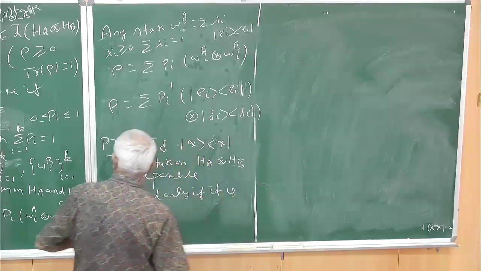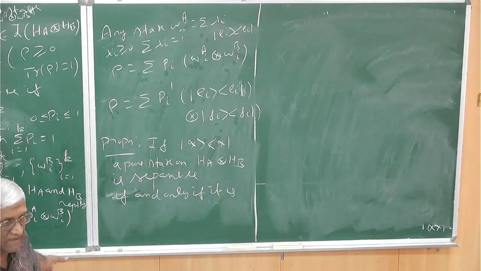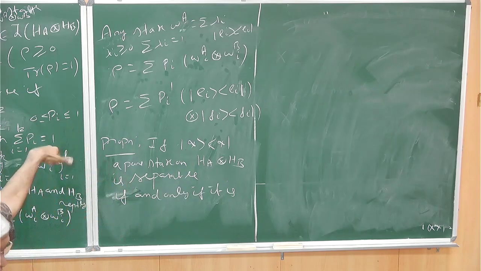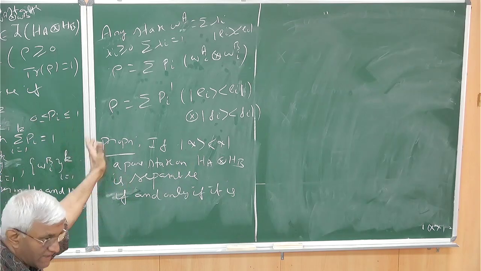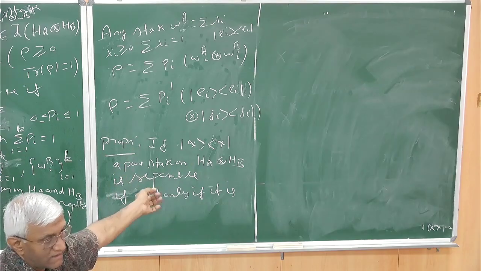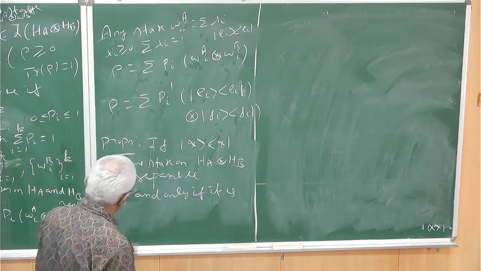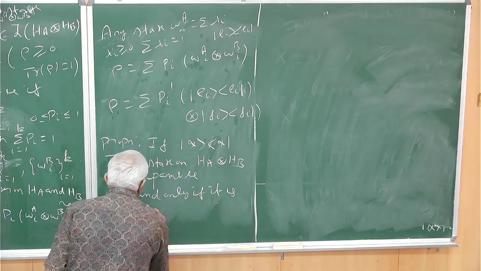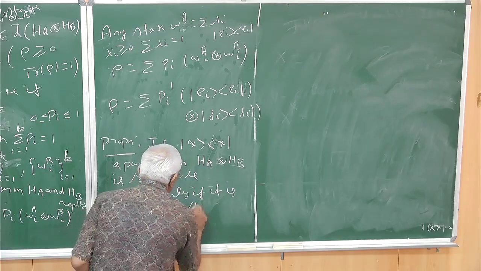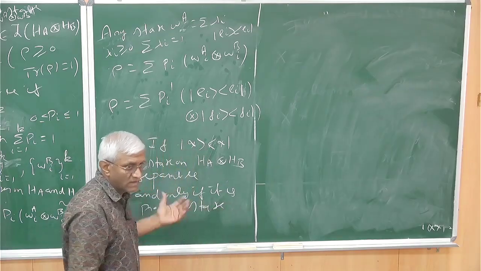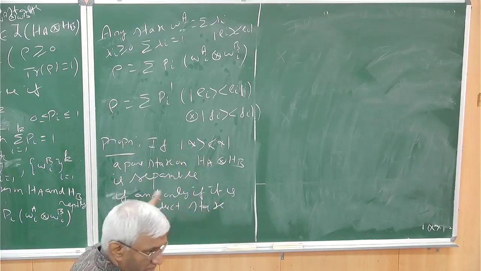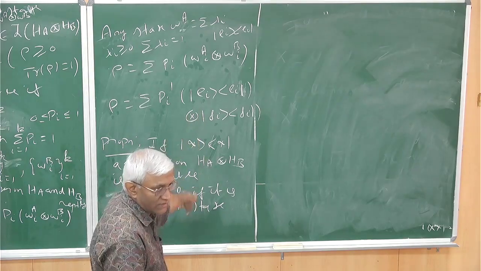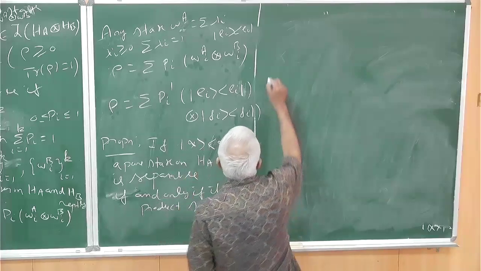For a pure state, for a mixed state you have to have the convex linear combination. But if you have a pure state, the original state rho, which you want to define as either separable or entangled, then it is a separable state if and only if it is a product pure state. I mean, it's a product of two pure states. Because anything is just a convex linear combination of pure states, and that linear combination has to be exactly that, only one. That's what it says. So the proof is clear.